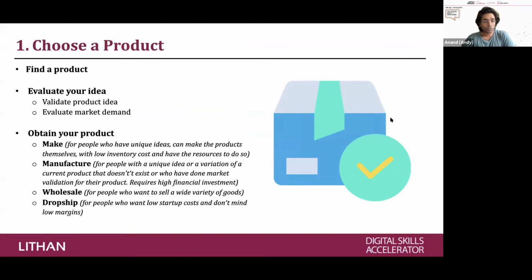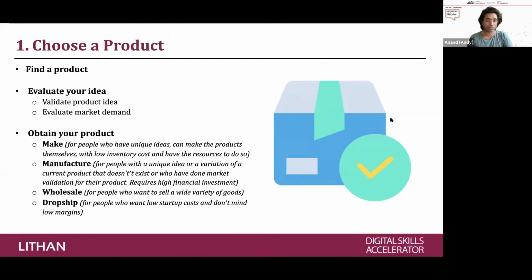Now, most of us, again, if you're choosing a product, you will either want to sell something that is already being sold out there. Example, if you're passionate about sneakers, you may want to sell sneakers. It's been there for hundreds of years. If you want to sell, I don't know, let's say if you're in fashion, you may want to sell dresses. So for these kind of things, you may not need to evaluate the idea because we know that people are already buying these things. But yes, if you're coming up with something brand new, if you're launching something brand new